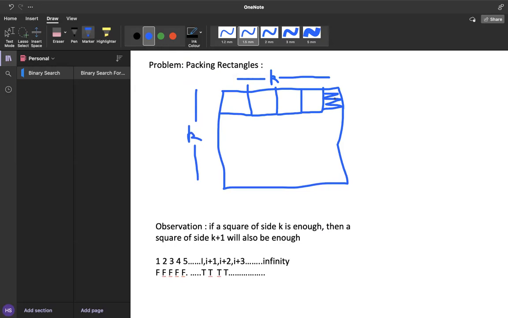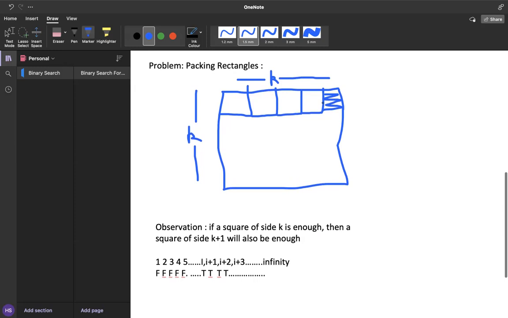The natural thing to think about here is the area, but it turns out that we can't do it because some of the area might be left behind, some of the area might be left empty. So we have to think of something else, right? And basically, the diagram which I am drawing here is essentially giving me the right answer, because I know that the dimensions of all the rectangles are h cross w. And according to the problem, I can only place the rectangles such that their length is parallel to the length of the square. So I'll be placing my rectangles like this only, the way I have placed here, right?